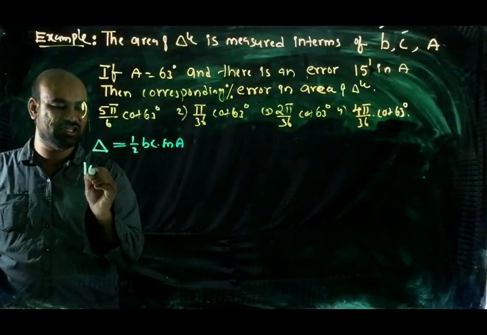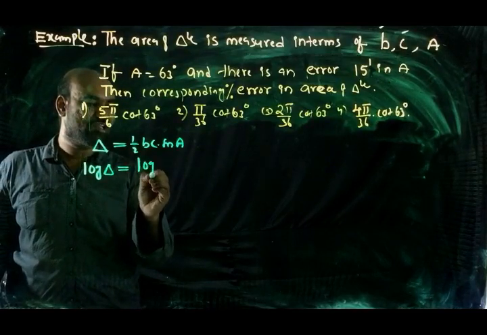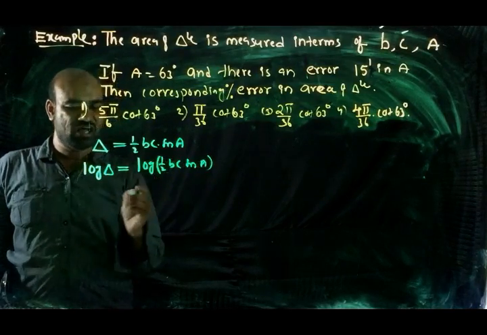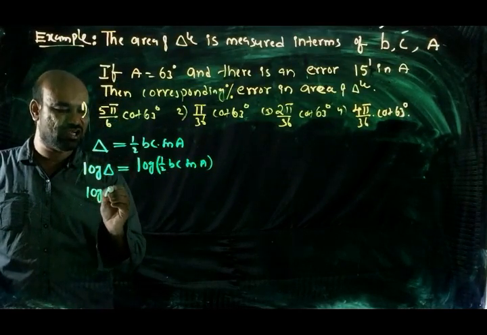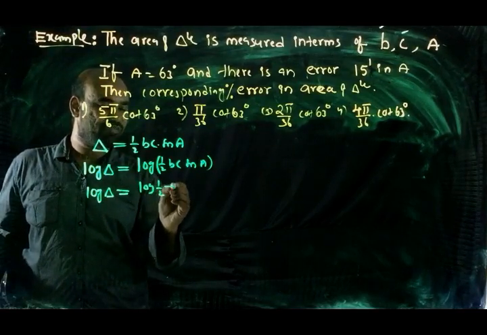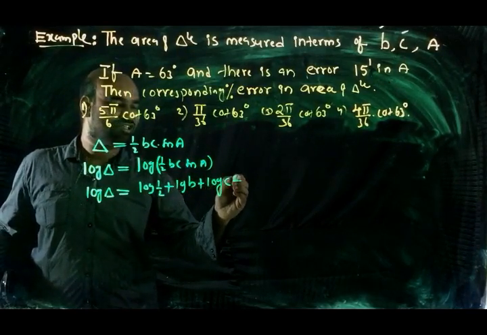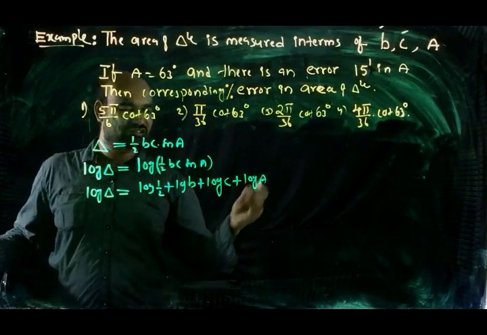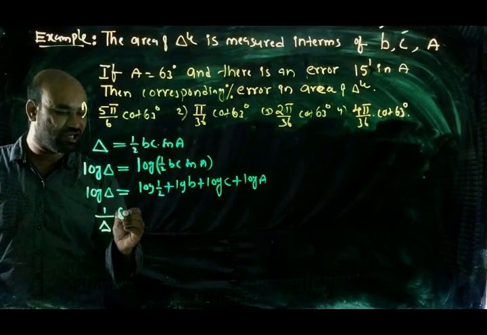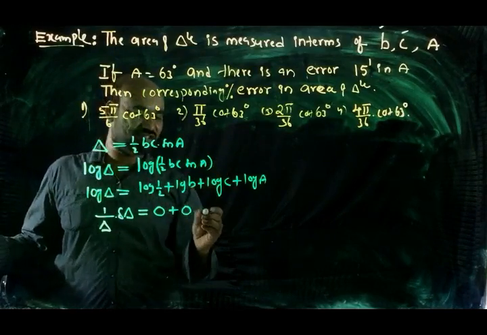Applying logarithm on both sides, log delta equals the logarithm of BC into sin A. In other words, I can write log delta equals log of half plus log B plus log C plus log sin A. Now differentiating, 1 by delta into delta delta equals 0 plus 0, because B and C are constants,